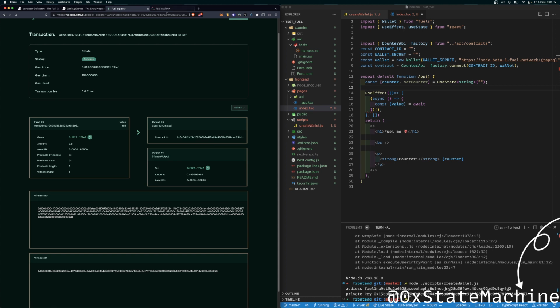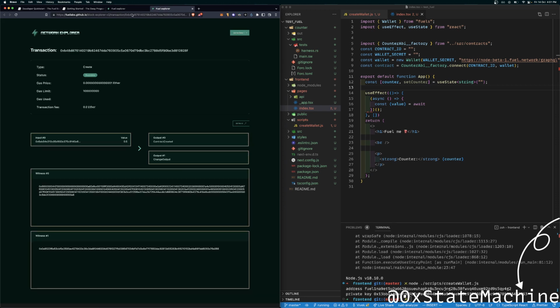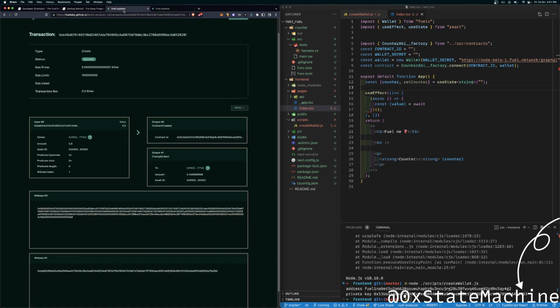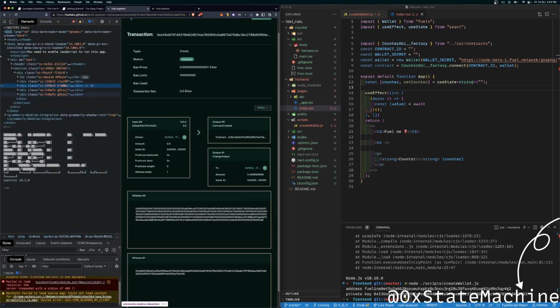Oh, we are going somewhere. Can I actually access this contract ID? Nice.